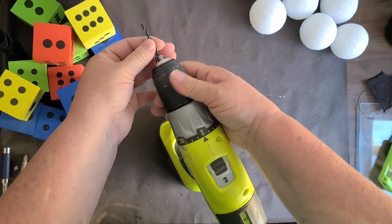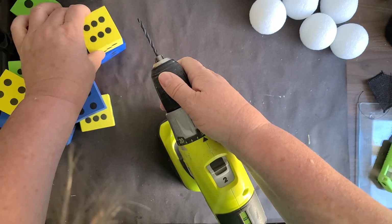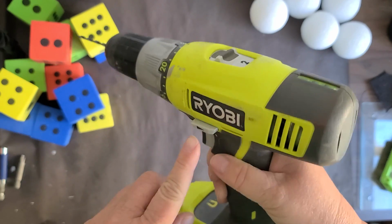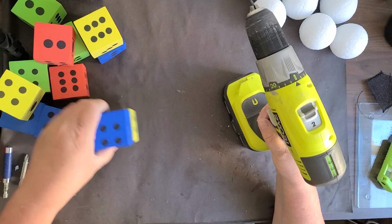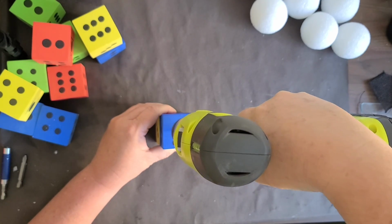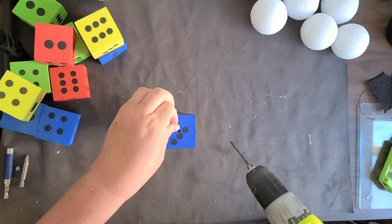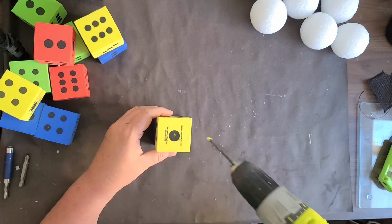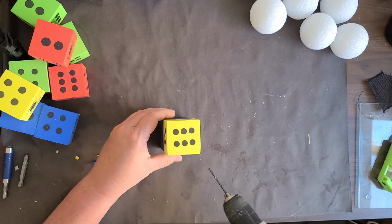And I'm just going to take that, make sure it's nice and set in. I think this was 5/32 inch, so it's a pretty small drill bit here. Just remember, when you go to drill through the center, you want to make sure that you've got something underneath there that will protect. I did it on both sides just to make sure it pulled all that foam out, and I stacked one on top of the other just to make sure I didn't drill through my desk. This is just a desk I have in my office craft room,